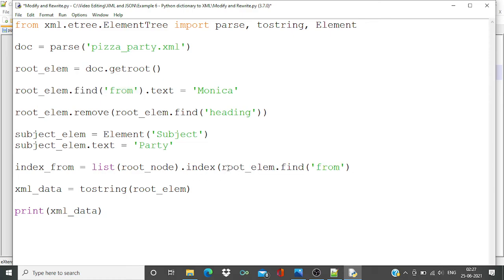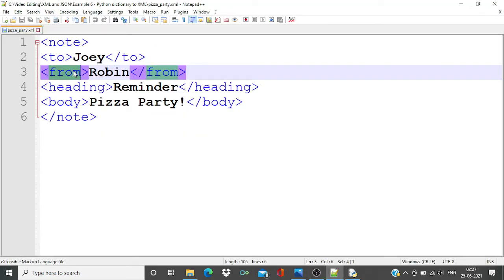Just going to paste over here, right? So this will give me the index of this from node,